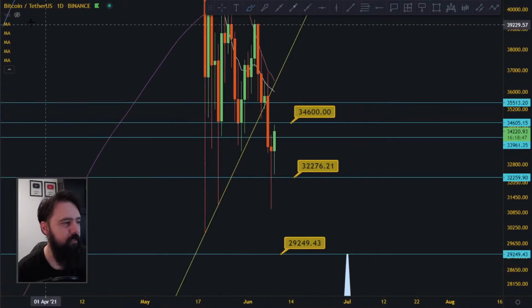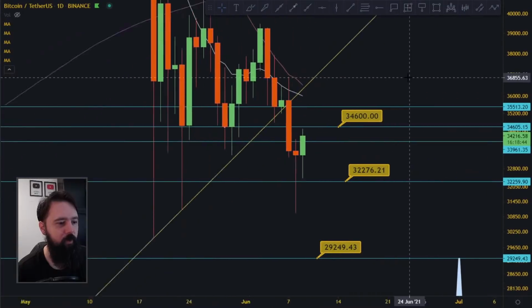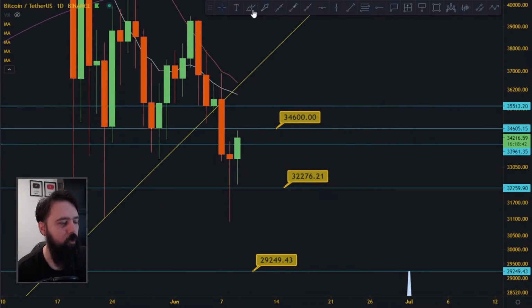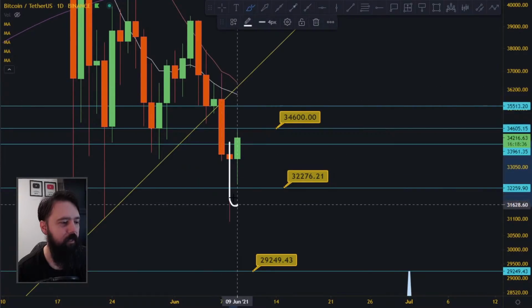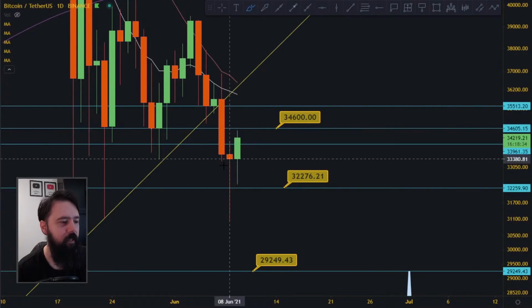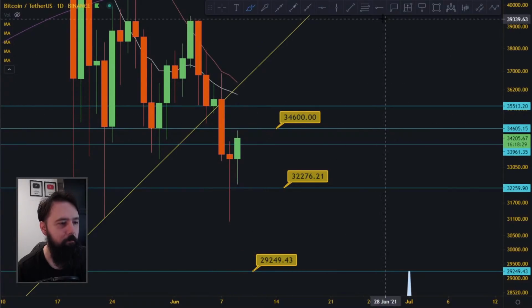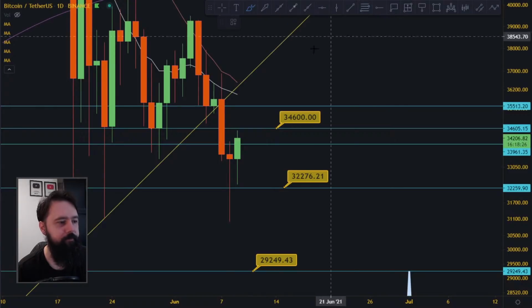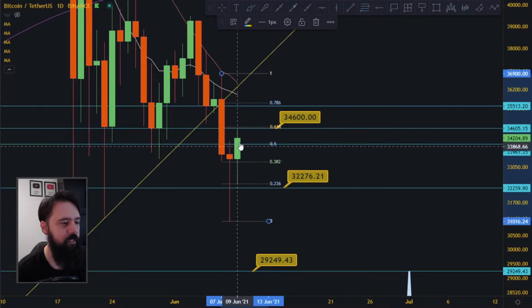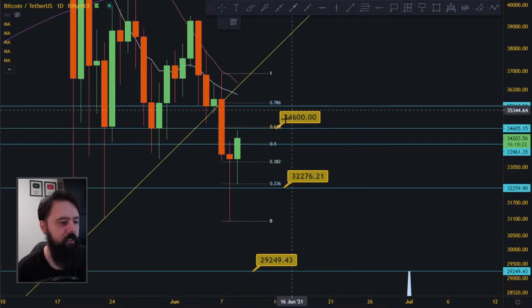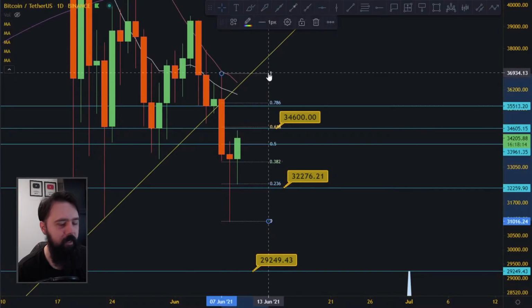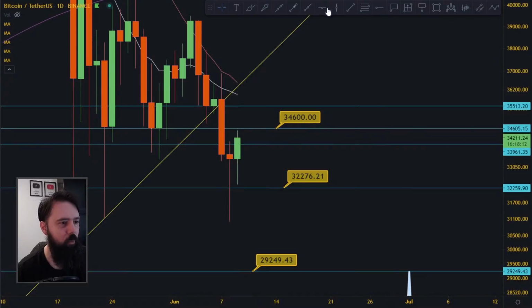On the daily chart, there is a very nice candlestick pattern forming right now, and that's the morning doji star pattern. That's the big red candle with a doji in the middle, and then you get this green candle. Now for this to be complete, we have to wait for this green candle to complete as well. But an important level to notice is that for this to be a bullish reversal pattern, we have to get above this line. Actually, this line is exactly on the 0.5, so we have to get above this. We have to close above,